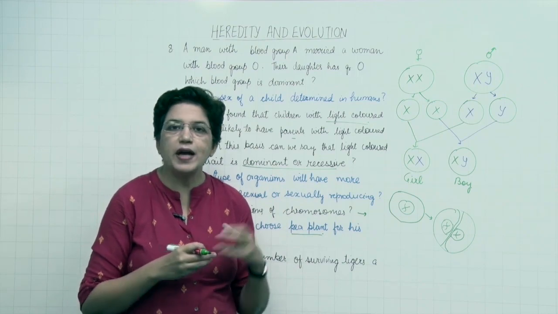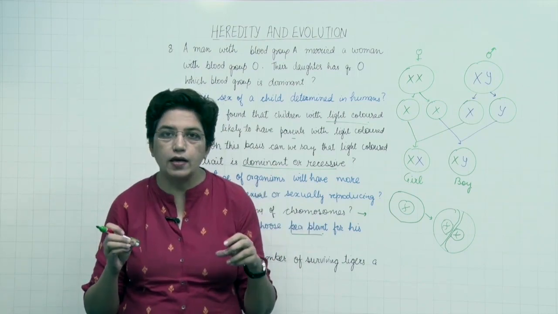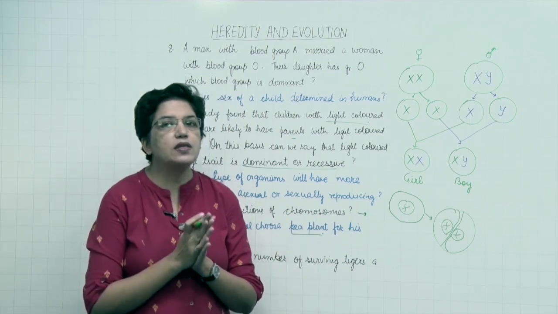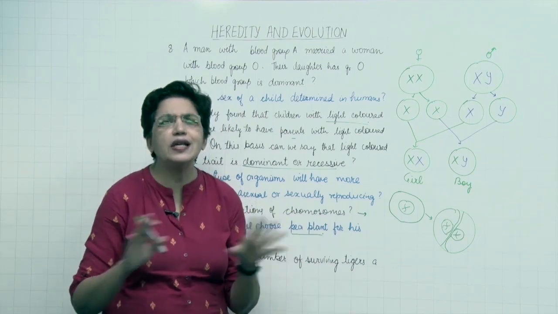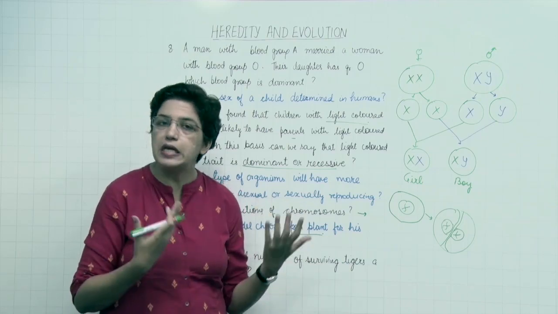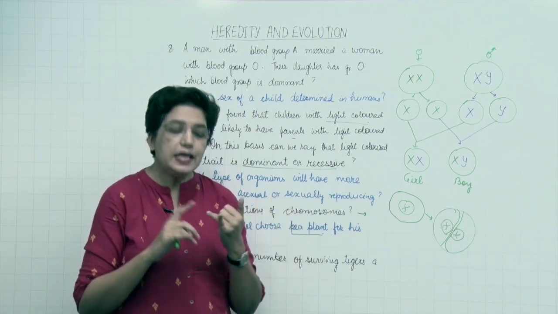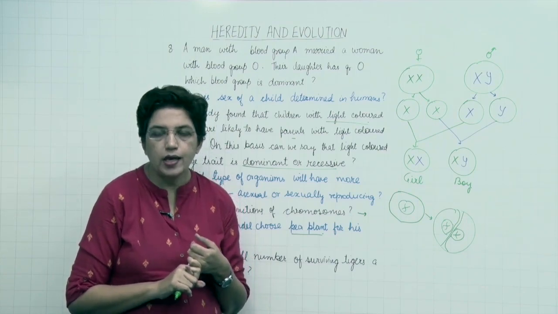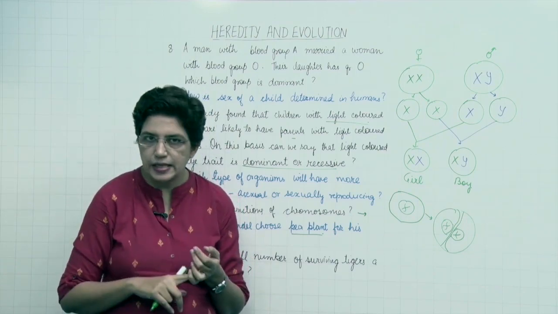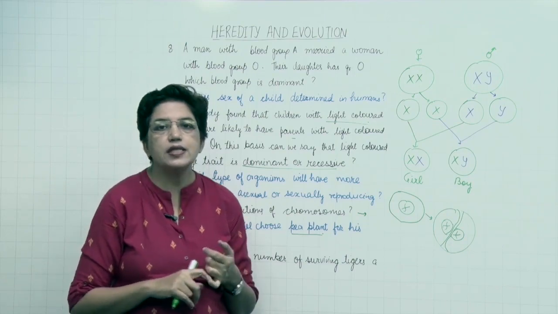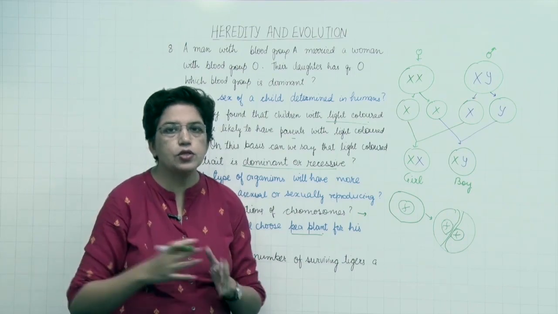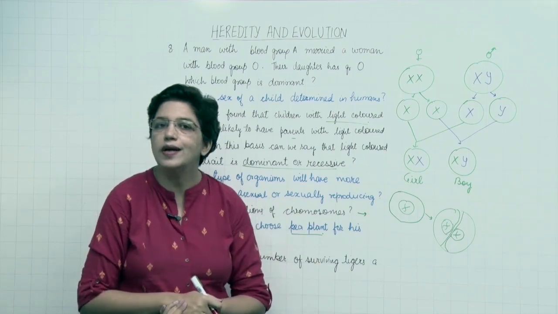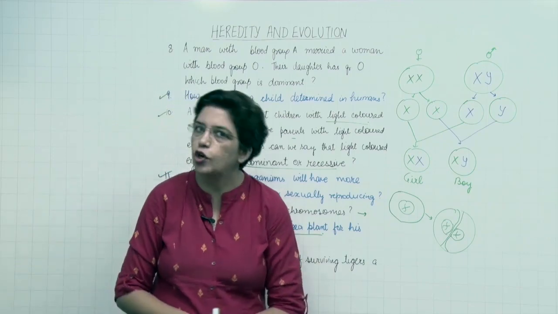Then the seeds, some are round, others are wrinkled. The color of seeds is yellow and green. So likewise, there are a few other characteristics which are totally different from each other and which are very easy to observe. Second reason is that pea plant is a self-pollinating plant, so reproduction is easy in these. Third reason is that it grows very fast, so the life cycle is short, so it's easy to perform the experiment in a shorter duration of time.